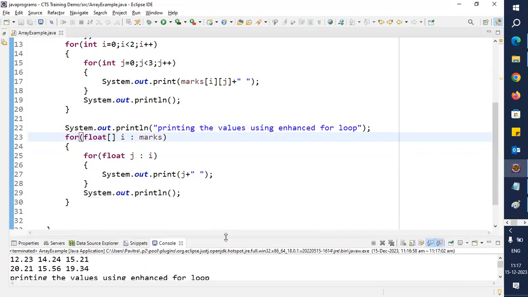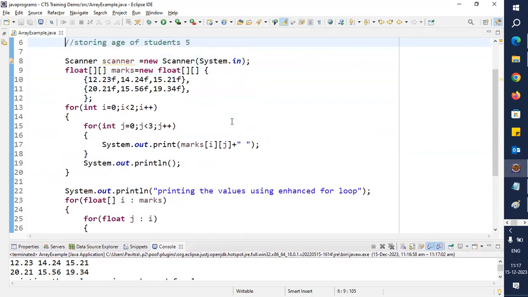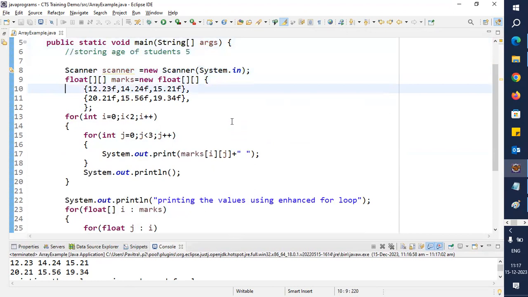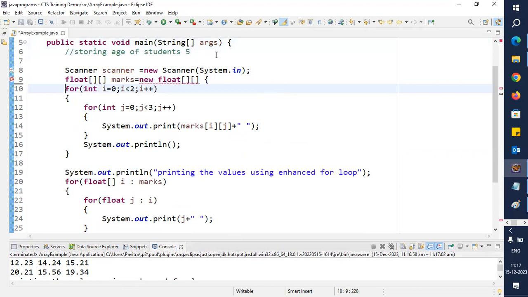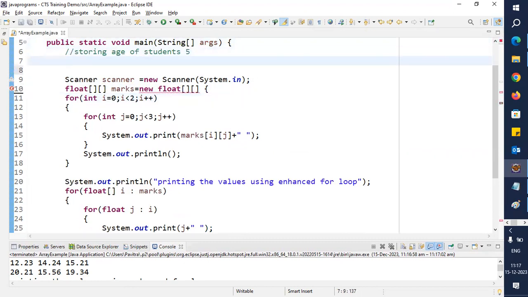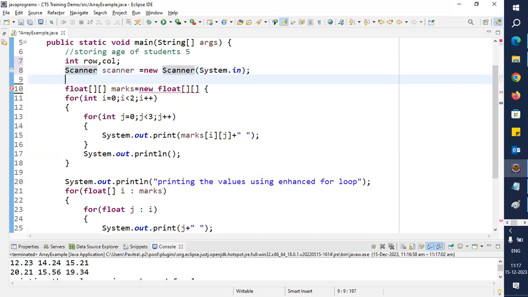I hope this is clear till here. Now what we will do is, so far we have taken hard coded values directly. Now what if I want to take these values from the user? In this case, we will try to take the row size and column size from the user. So I will declare here two variables, int row and column. Now after the scanner, I will ask the user to enter the row size and column size. Okay, so I'll give the message for that,